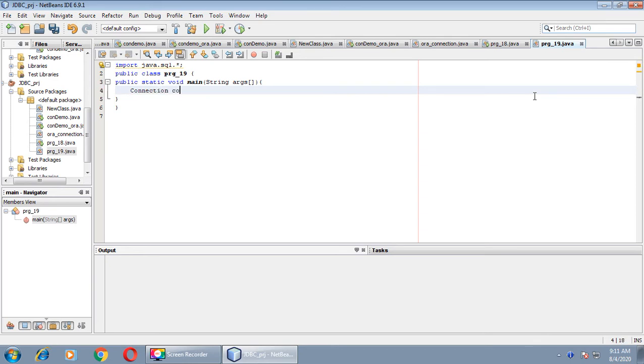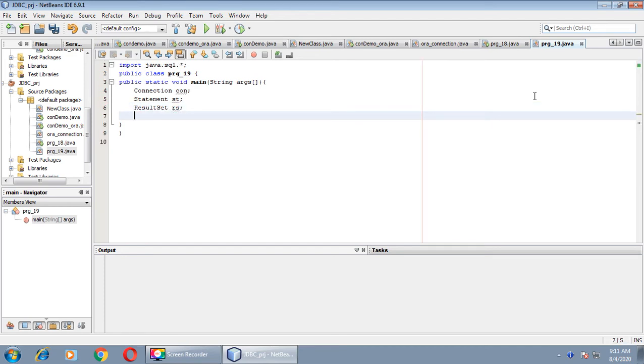Connection, the object name is con. Statement class, the name of object of this class is st. Third object, result set, and the name of object is rs. Result set metadata, rsm.